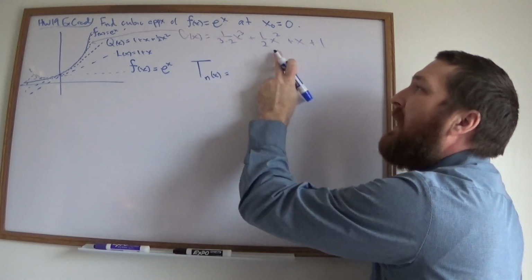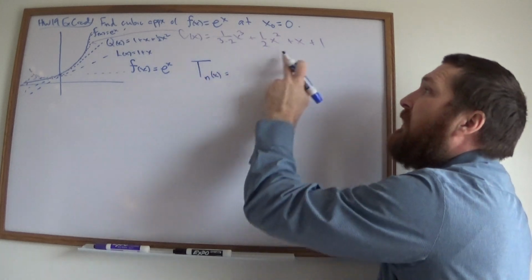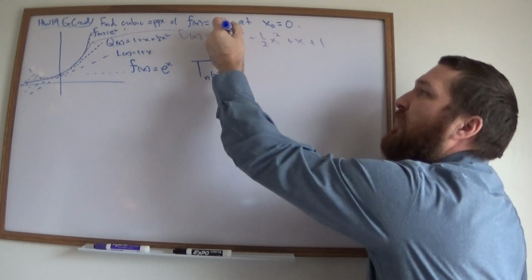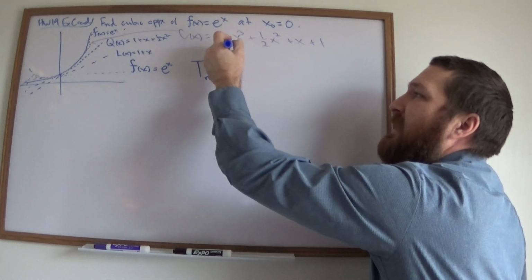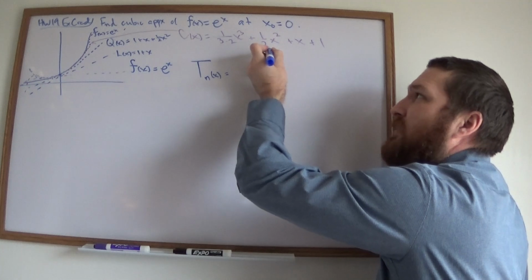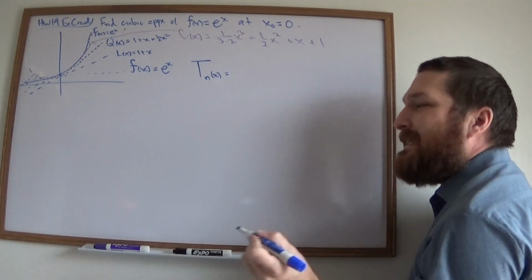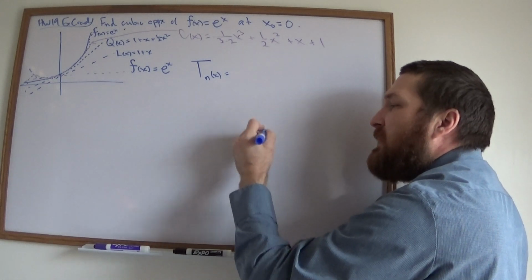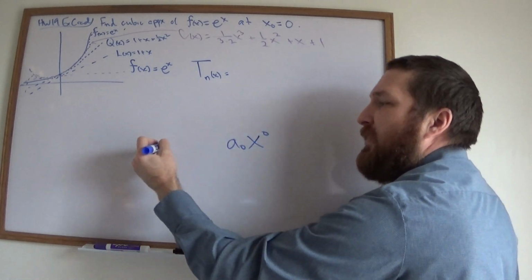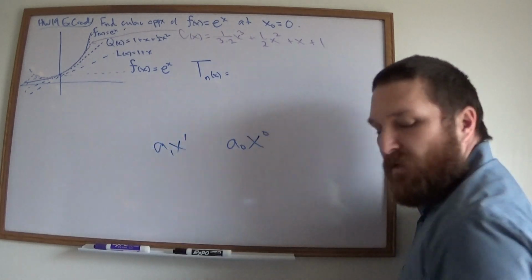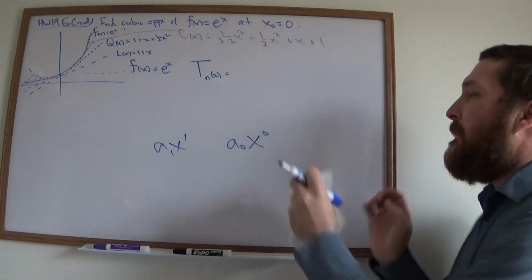It would be nice to say this would be the third, so I'm going to call this coefficient A3. This is going to be A2. This coefficient will be A1. We'll call this one A0. That way the coefficient matches up with the actual power. So working my way up from the bottom,